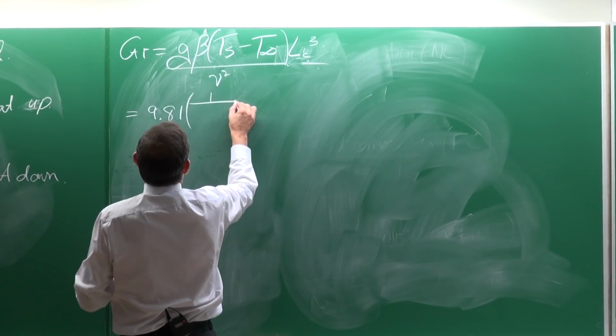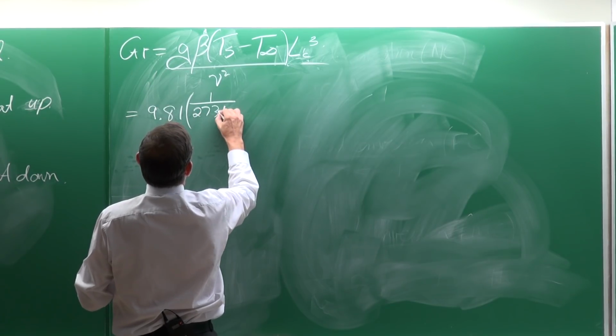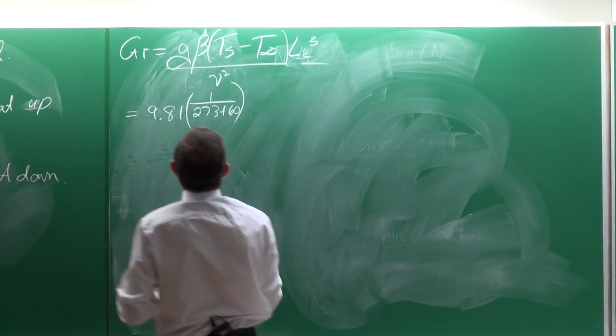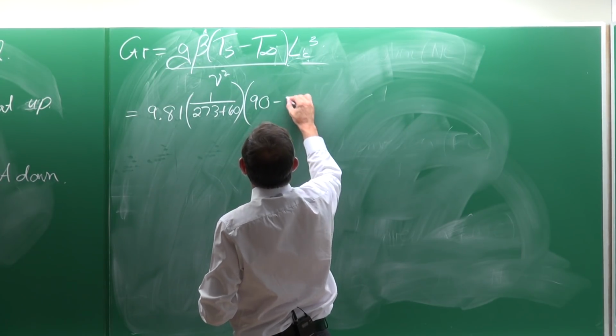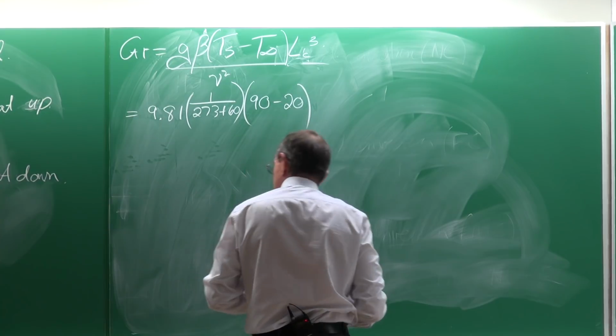Beta is 1 divided by 273 plus 60. The surface temperature is 90, the environment temperature is 20,